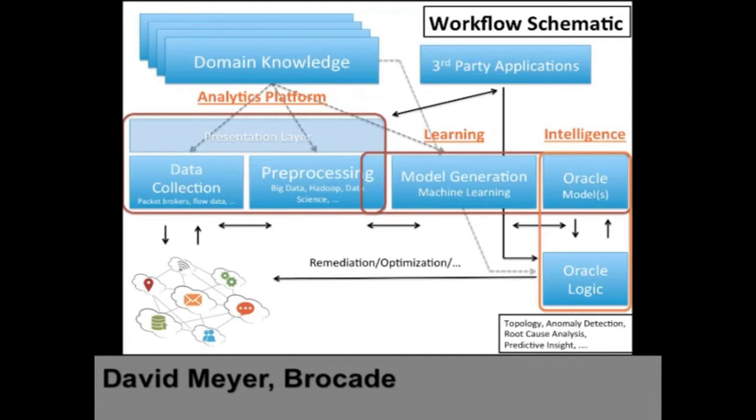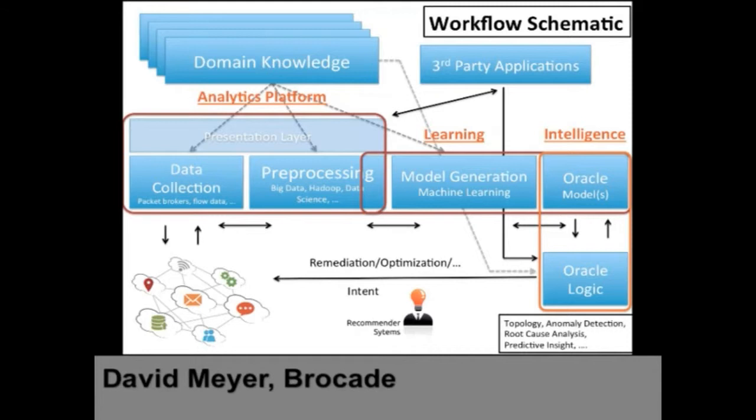The problem is, and there's feedback all around in this, right? You have to continually feed back everywhere. And you have to apply domain knowledge. So you're not going to get people who aren't network experts to be able to build this. You guys are going to have to be the people who build this, because domain knowledge is critical in this, right? And it's going to be a while before anybody lets something like this configure or optimize their network.